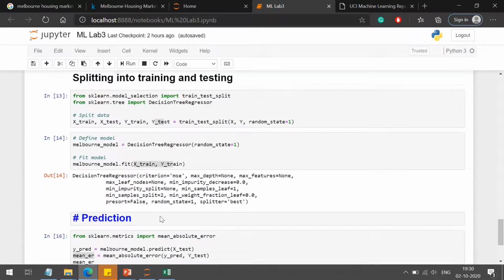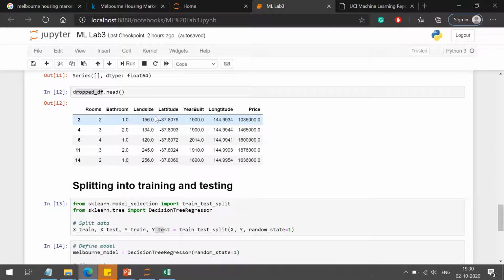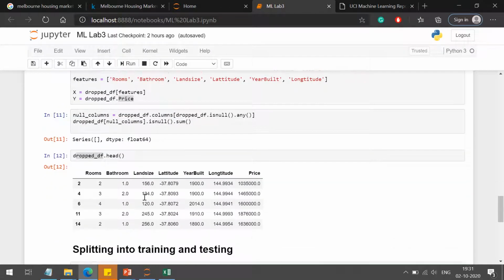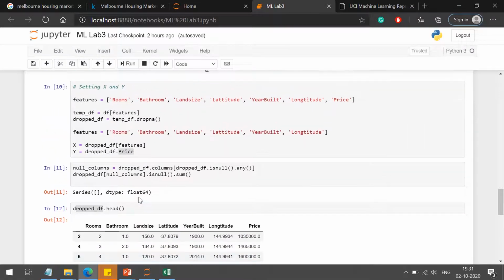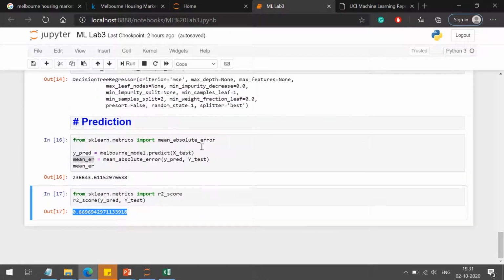Now if we remove some of these attributes and add some other attributes, this accuracy may increase. We have lost around 20 to 25% of the data, so you try different replacing strategies and try to improve this accuracy. You should get around 0.75